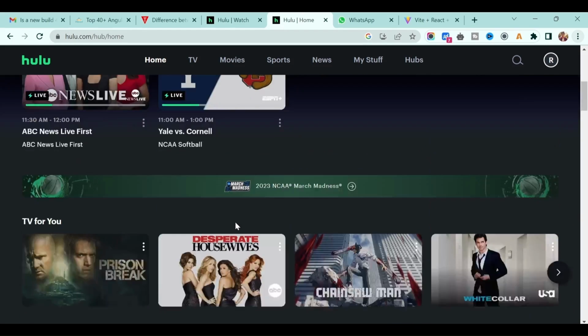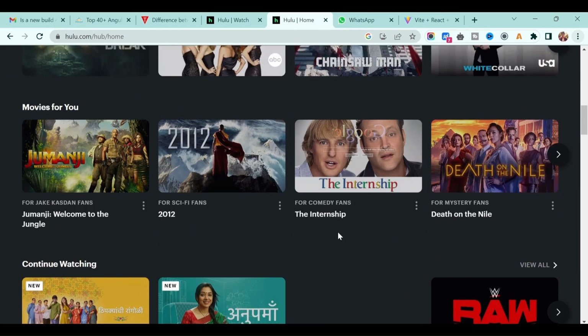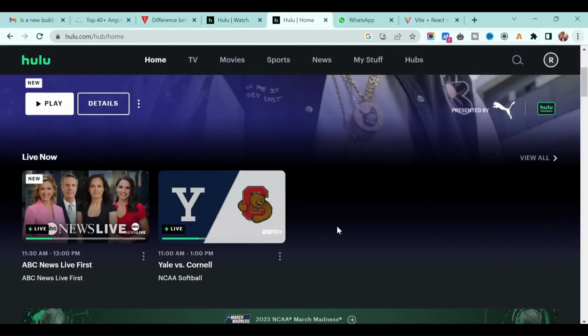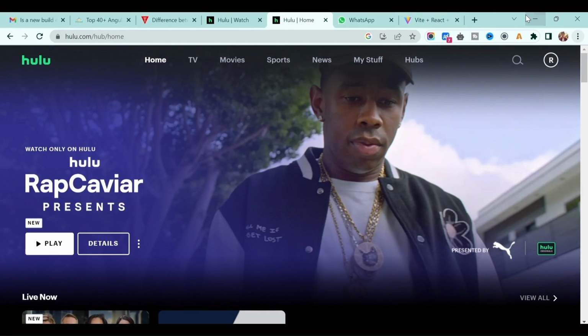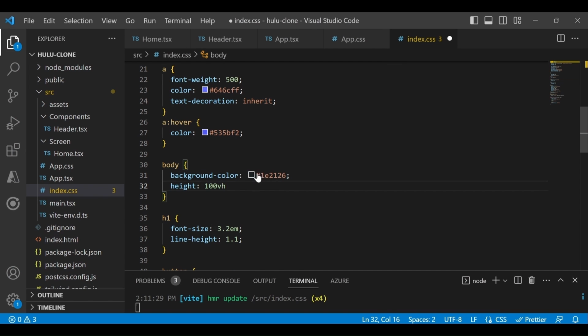If you see the Hulu application, the background is black, blackish in color, right? And it's kind of a dark mode only. So let's go back to our application, in the index.css file. Let's go to this body, right? We already have this body tag. So just paste this background color, which is 1E2126, a hex code. And I will mention the height as 100 vertical height for now.